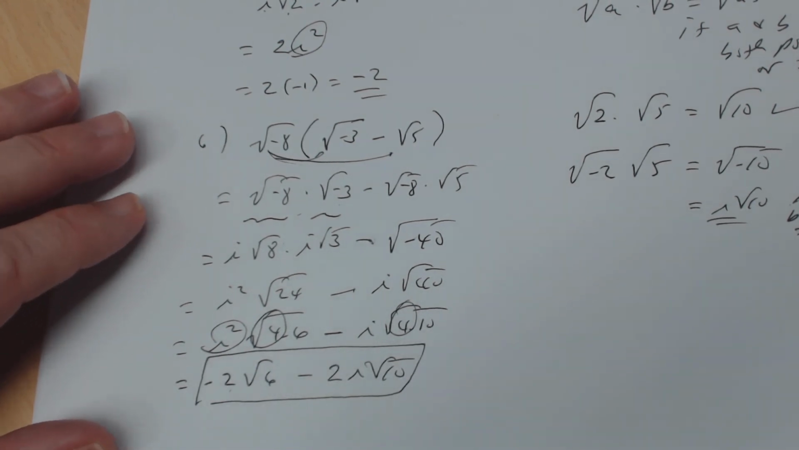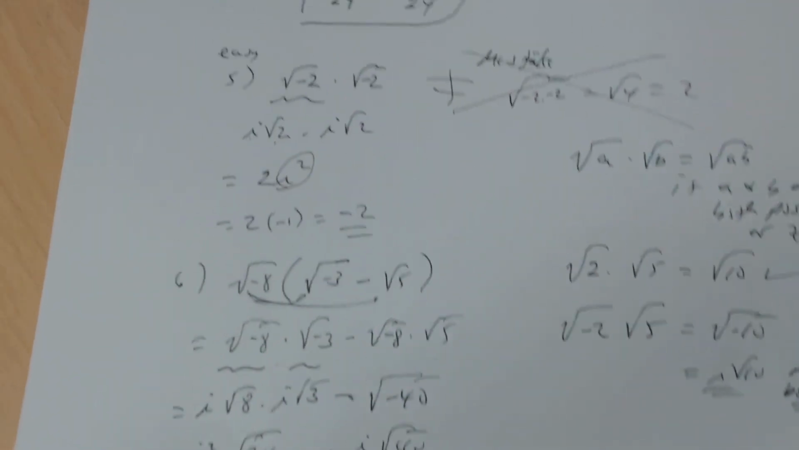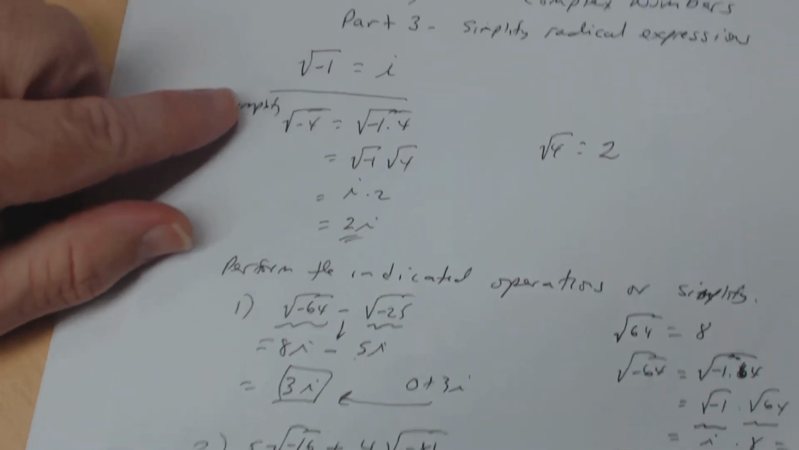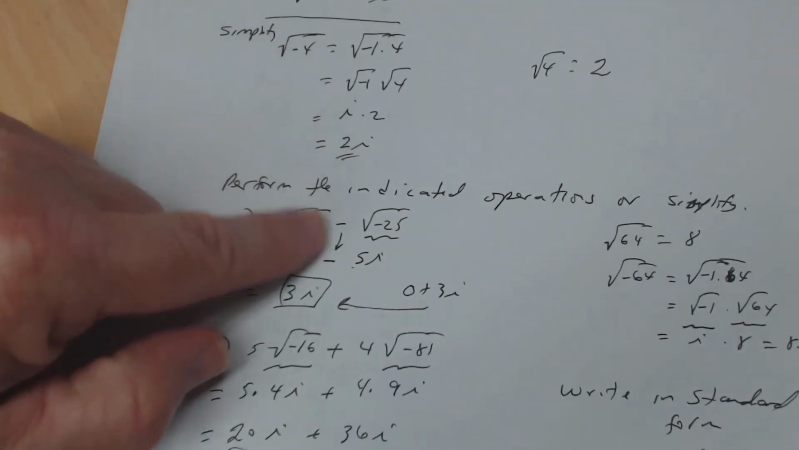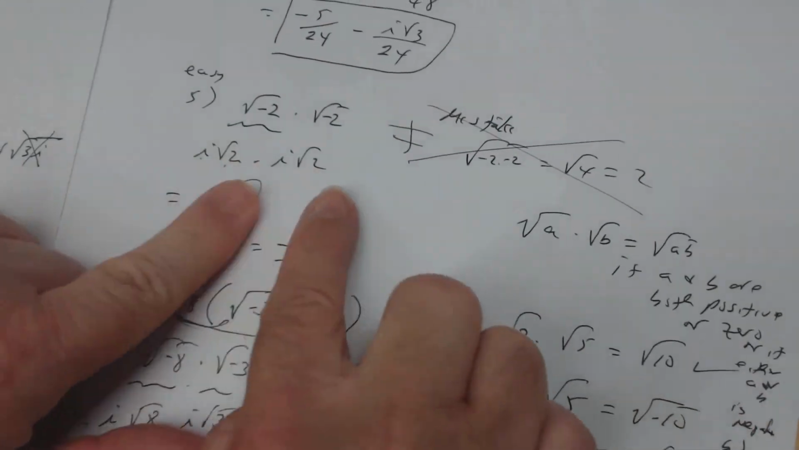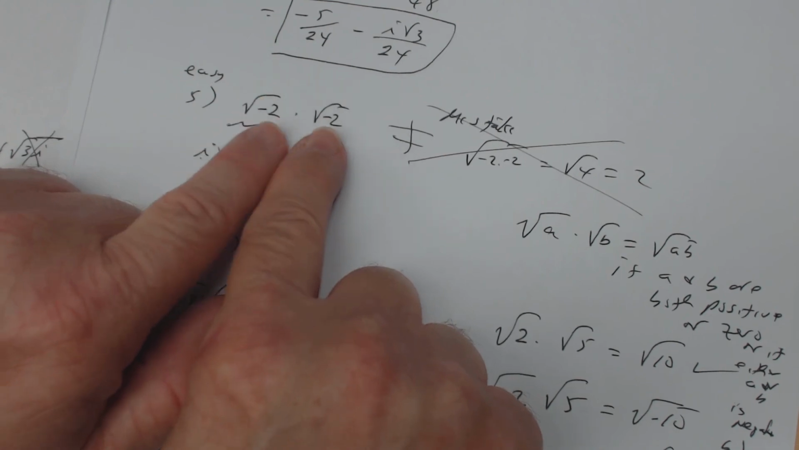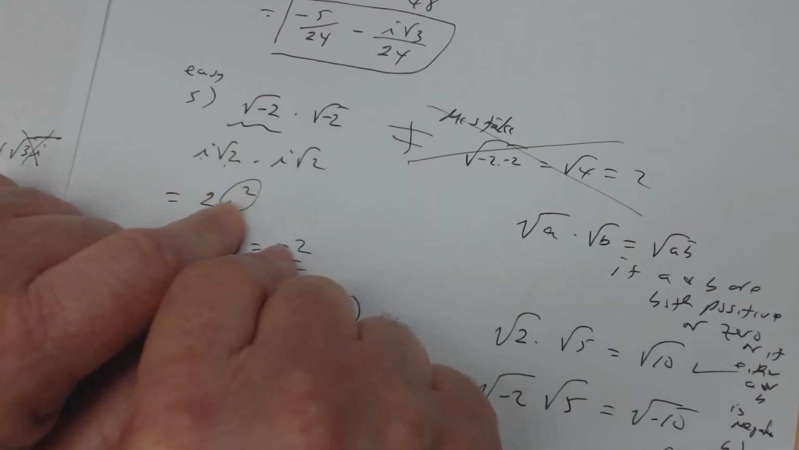Okay, so that takes care of part 3. In part 3, you had to use this throughout. Some of this was reviewed from last semester, some of it was kind of new. You can't just multiply the radicands if the radicands are both negative. Okay, so that takes care of part